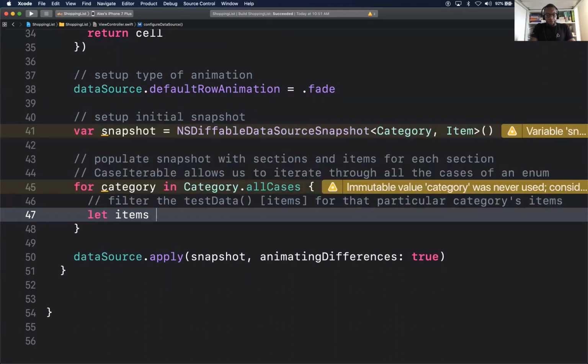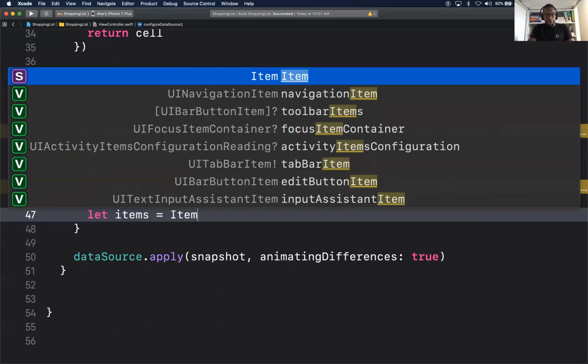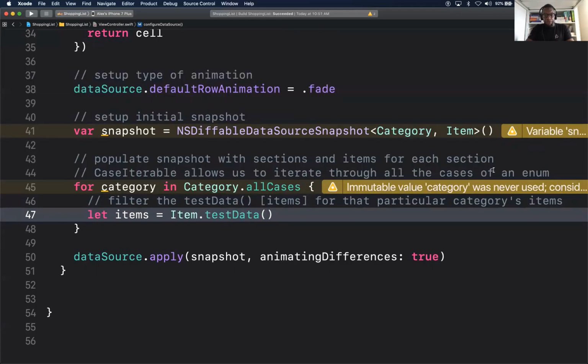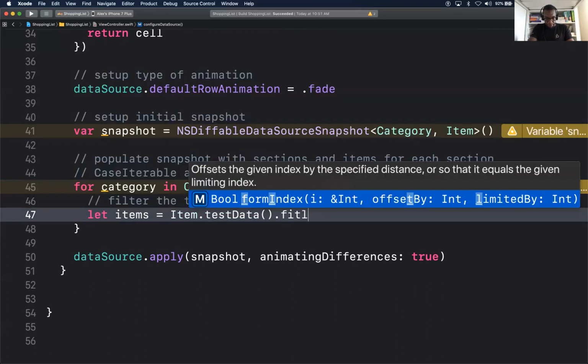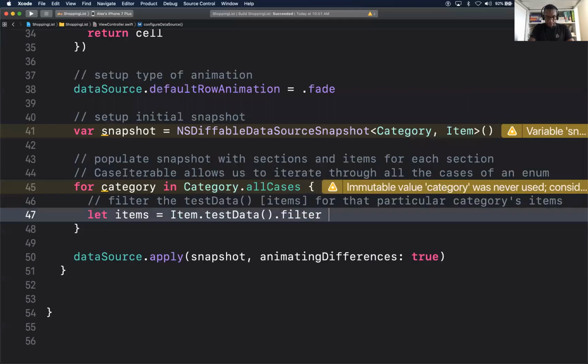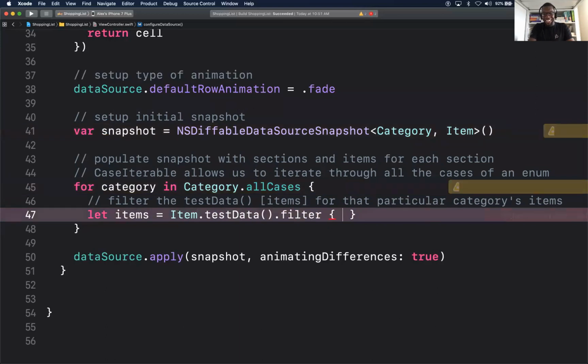Let items equal to, we have our test data. Again, test data returns an array. On that array, we could do filter, correct? Everybody with me? So we could filter by anything we want here.